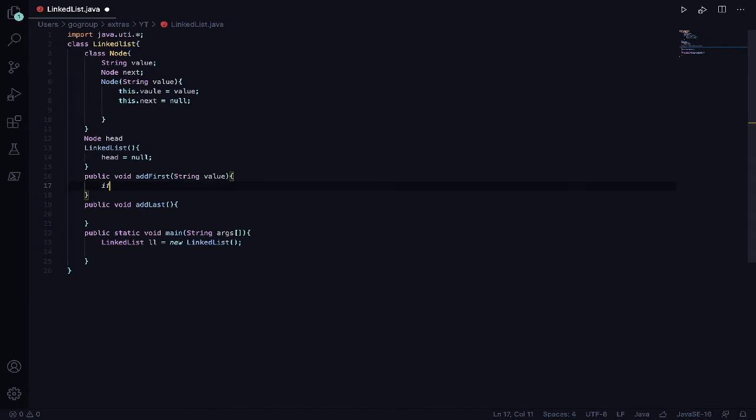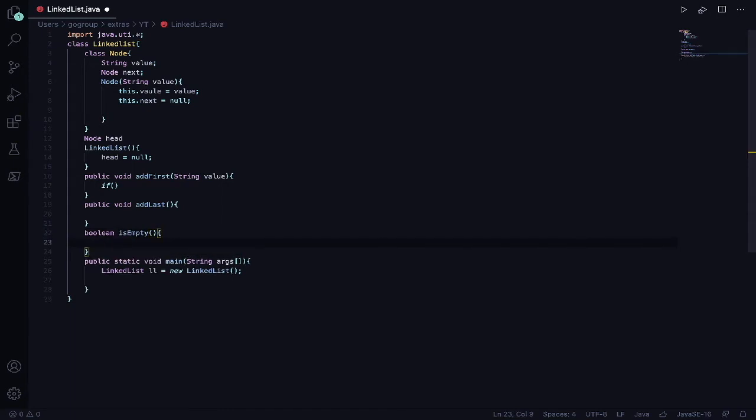First thing we want to do is check if head is empty. Now, since we're going to use empty many times, we're going to create a function called isEmpty that returns a Boolean value, and it just does head equal to null. And I'm going to call this function isEmpty,